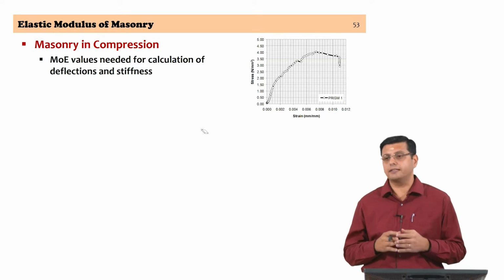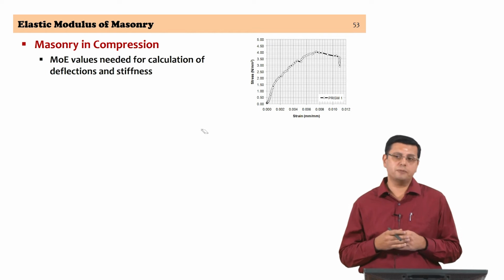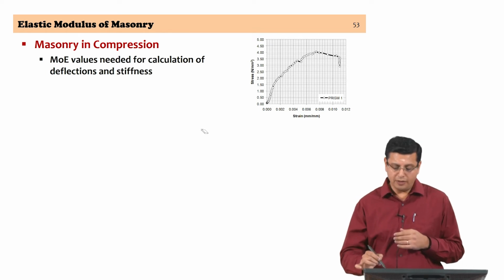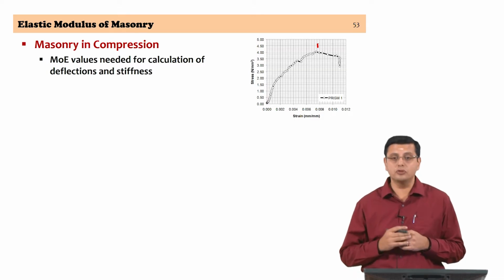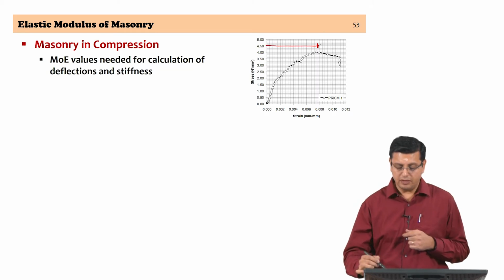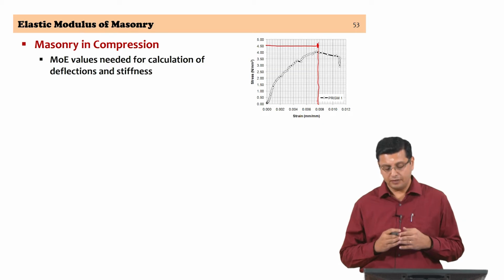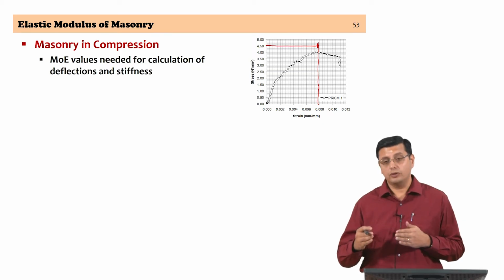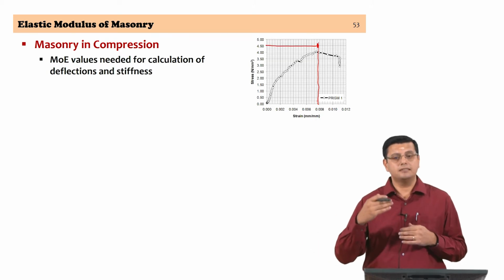So, it is standard practice today to carry out tests that are strain controlled or displacement controlled, so that you get post peak behavior of the material itself. So, if you are carrying out a force control test, the force control test would be able to give you the stress strain curve of the material up to the peak. Beyond the peak, you have to look at the descending branch, that is, the resistance of the material starts decreasing,